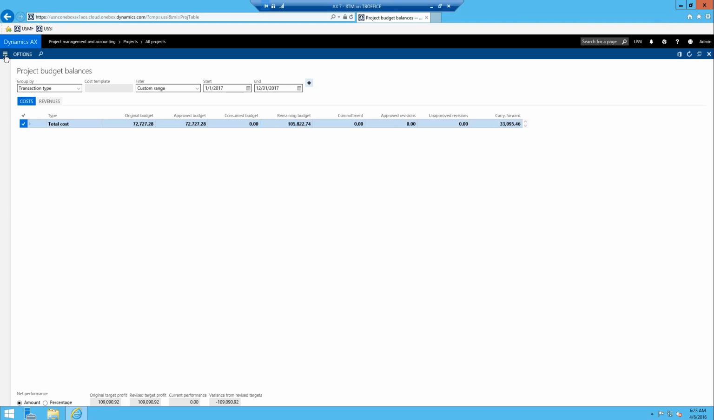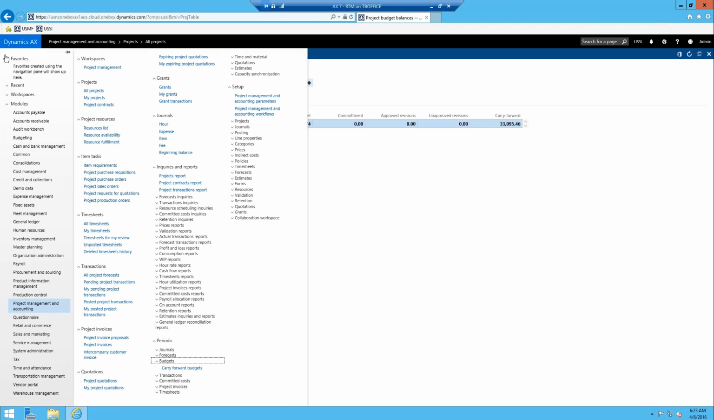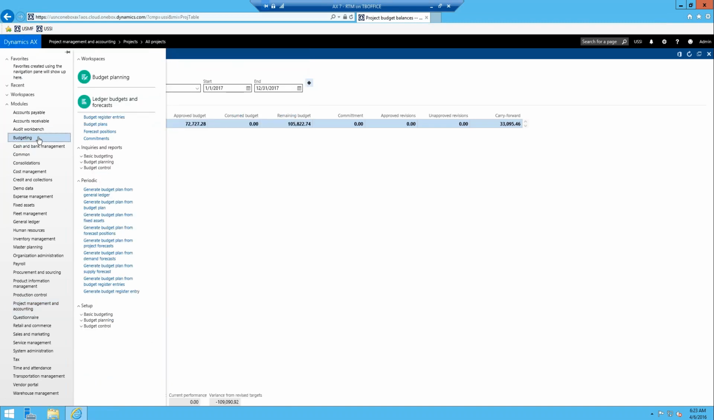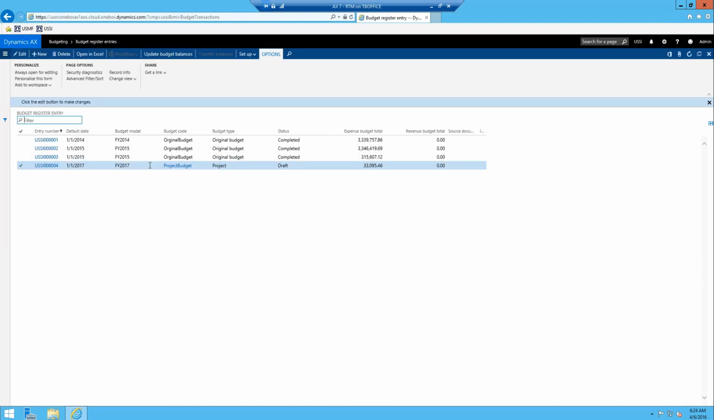Now, the other part that we added to the mix was that we created a budget register entry. So if I go to the budgeting module and look at the budget register entries, there should be an entry in here that shows that it's project oriented. Here it is, and it's the $33,000 one. I must not have brought over my revenue budget, which is fine. But if I take a look at this,